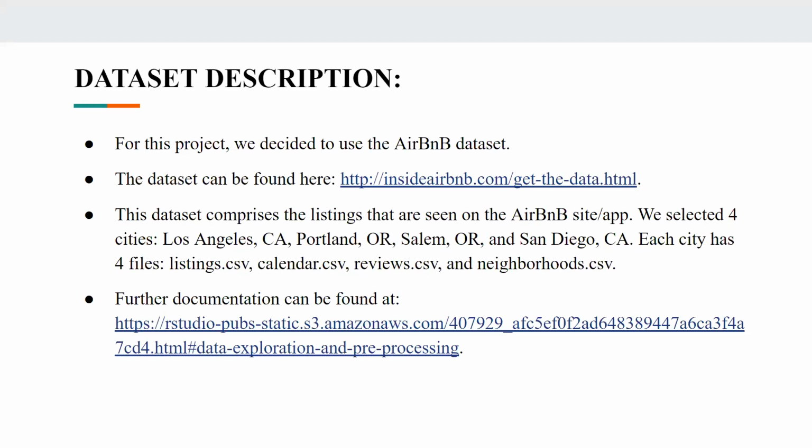Each city has 4 CSV files, which are listings, calendar, reviews, and neighborhoods. Further documentation can be found in the given link. However, please note that the pre-processing goal of that particular section of work is different from what we have done in our work. But if you are interested in delving more, please feel free to check this link out.